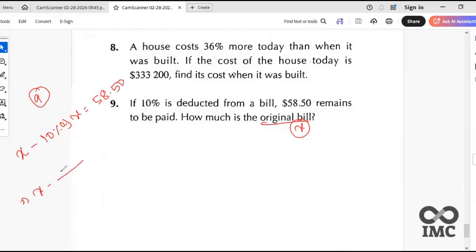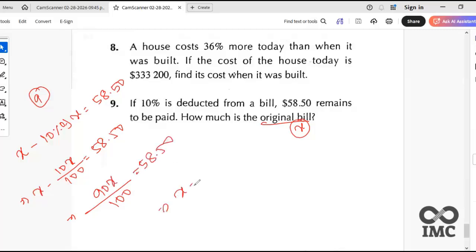X minus 10% means 10 by 100, okay, equal to 58.50. So 100 is our LCM. So 100 minus 10 will be 90X equals 58.50. Then X will be